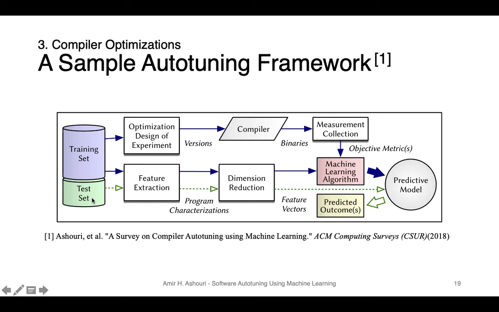We redo the same feature extraction, and by just passing the features of the new application, it's going to bring us the predicted outcome. The outcome could be the performance, the predicted speedup of that application without running it, or a sequence of optimizations that we can apply to gain performance.